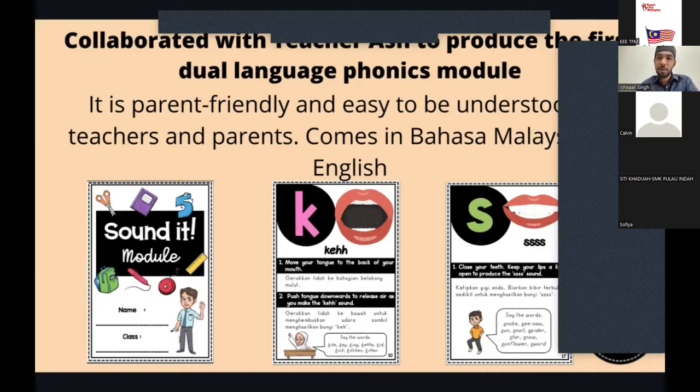So this module is available for free at Teacher Ash website. You can just Google Teacher Ash, and you can download this module for free. It is called the Sound It module. It consists of 51 pages, and all this is made possible with the grant provided by Education. Okay, the collaboration that happens,